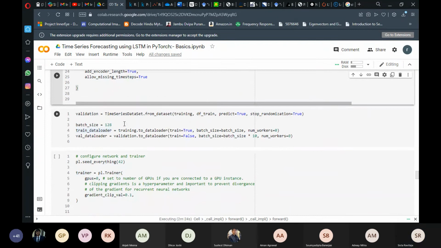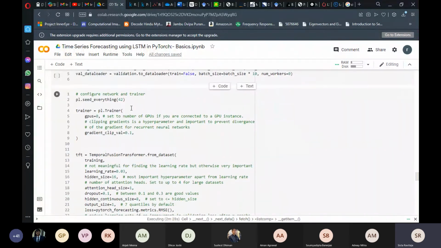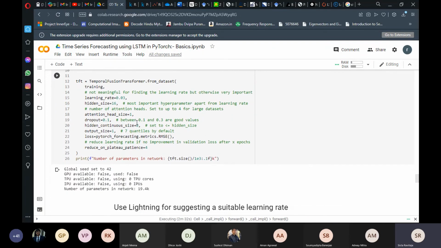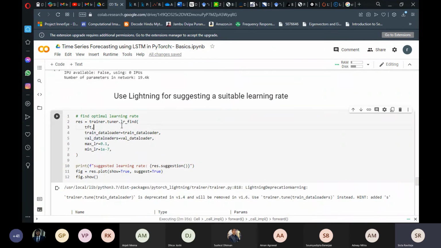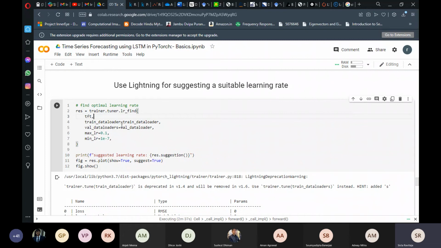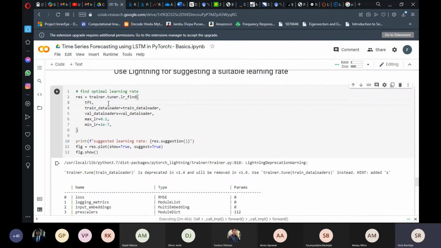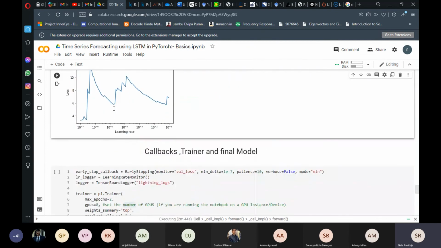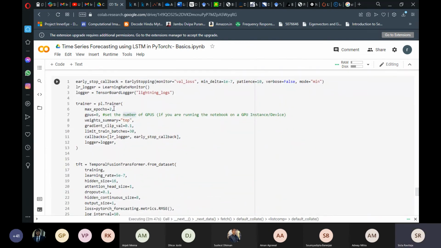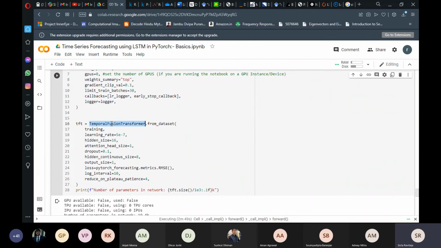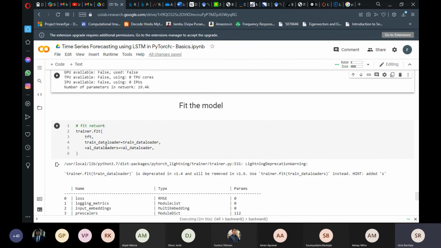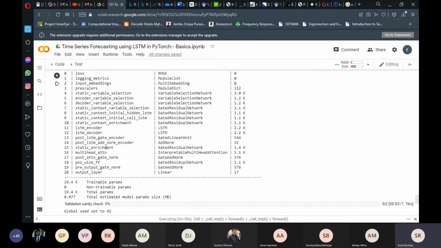Then the data loader part of it also works very quickly. Then from the state-of-the-art perspective, there are a couple of things, like learning rate finding and other things, that you can quickly do with this particular package. That is also being covered here. If you are interested, you can explore that. Apart from that, there is another set of models called temporal fusion transformers. If you are interested, again, you can use them. But more or less, the entire skeleton of the code remains the same.